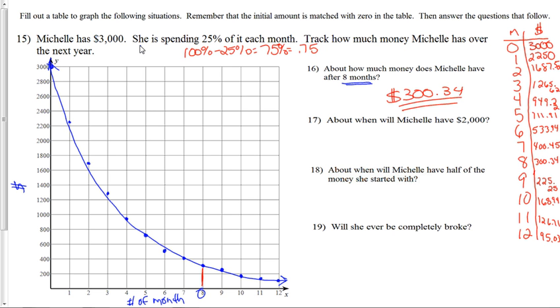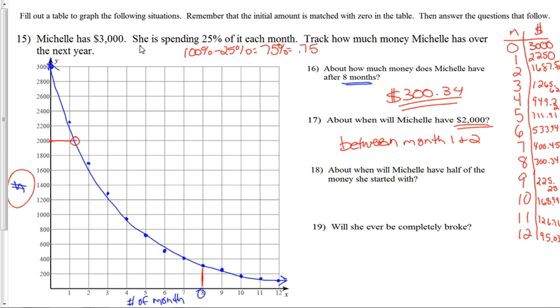About when will she have $2,000? Here's $2,000 again. So we look on the dollar side, and there's $2,000. We'll follow it across. And notice it's in between 1 and 2. So it's between month 1